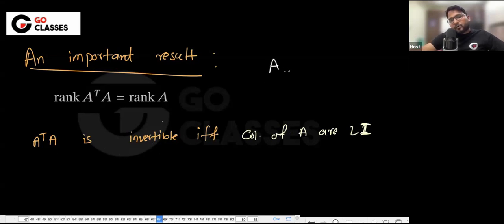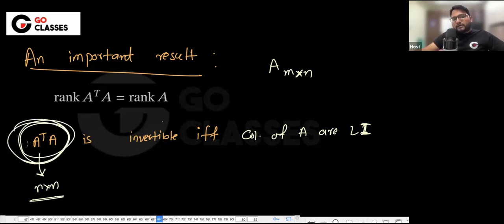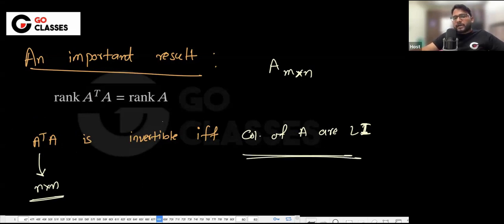if A is m cross n, then this is n cross n. So basically, this rank has to be n to make it invertible. This rank n means A rank is also n. A rank n means columns of A are linearly independent, right? So since both ranks are same, A transpose A, whose dimension is n cross n, is invertible when